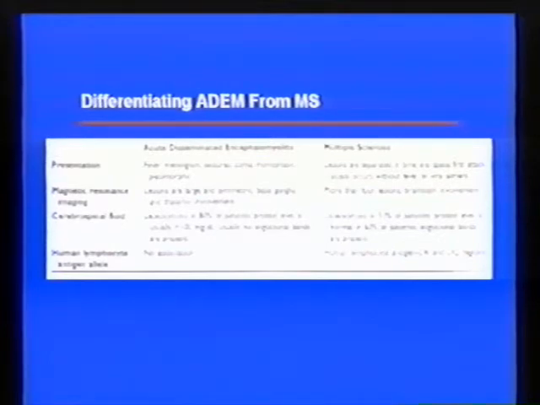I don't want to dwell on this too much other than to just make the case that patients with ADEM typically have rather more fulminant presentations. They get sick very quickly. They often have fever. They may have seizures. And even altered sensorium, whereas patients with multiple sclerosis may have a more relapsing, remitting, or stuttering pattern. But there are certainly cases of aggressive multiple sclerosis that can be very difficult to distinguish clinically and radiographically from ADEM. And again, I don't want to spend too much time on the clinical differentiation here